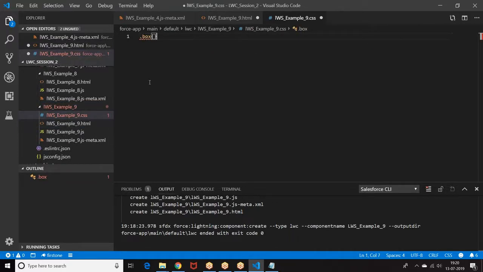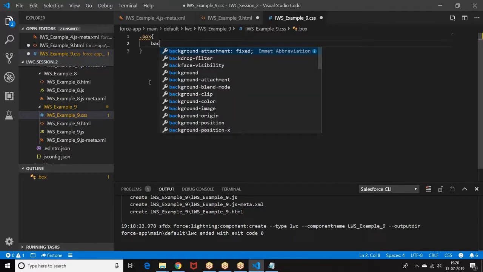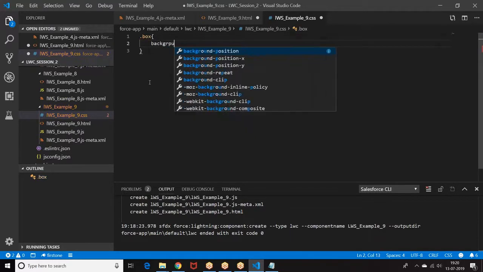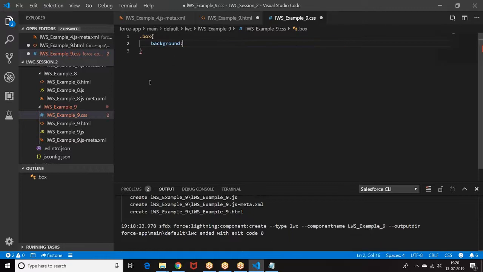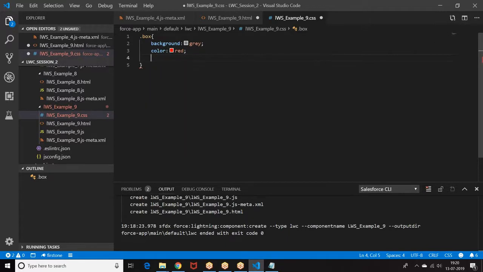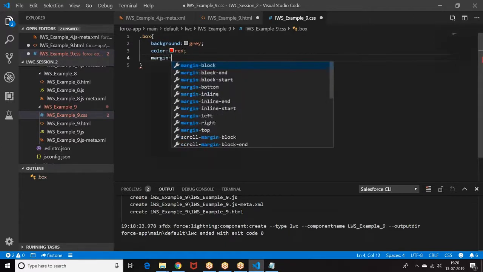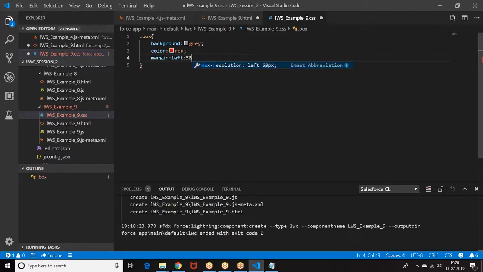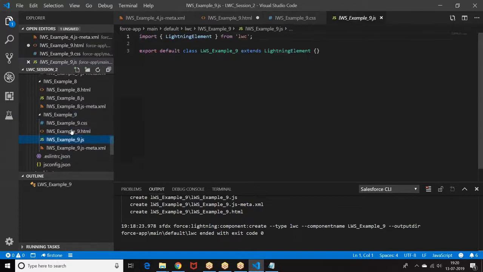So dot box. I give some basic CSS. Now go to the